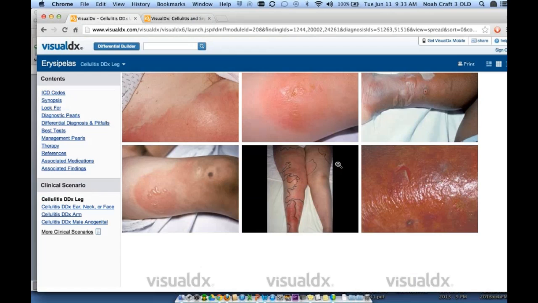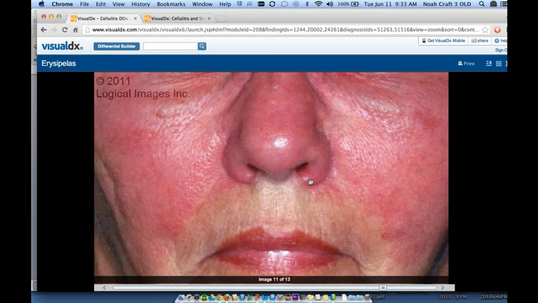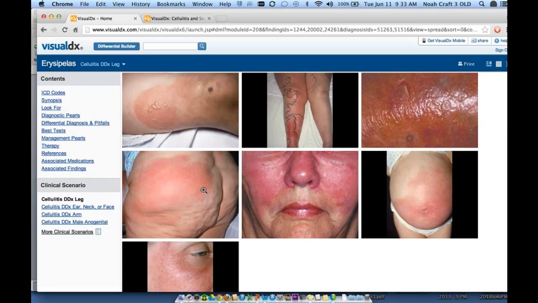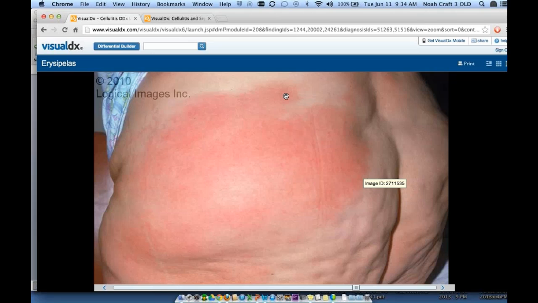So let's go in and look at some pictures of erysipelas. You can see this would be a classic presentation of the border of erysipelas. These are very painful red plaques that cross borders of anything and spread quite quickly. This would have spread over a period of 2 or 3 days across this woman's face. And even here you can see the border of this. It's hard to tell, but these would be more raised. And erysipelas tends to be caused by streptococcal species. When you go back to